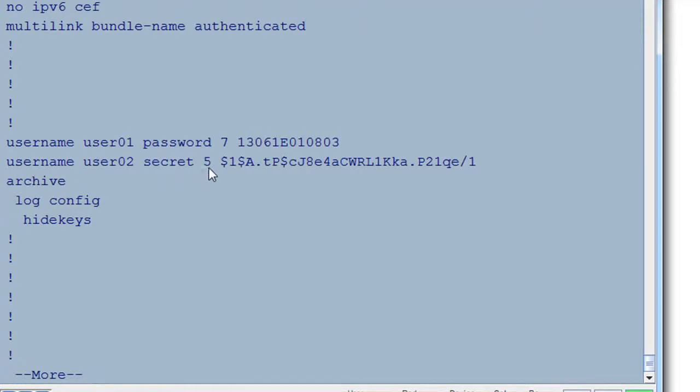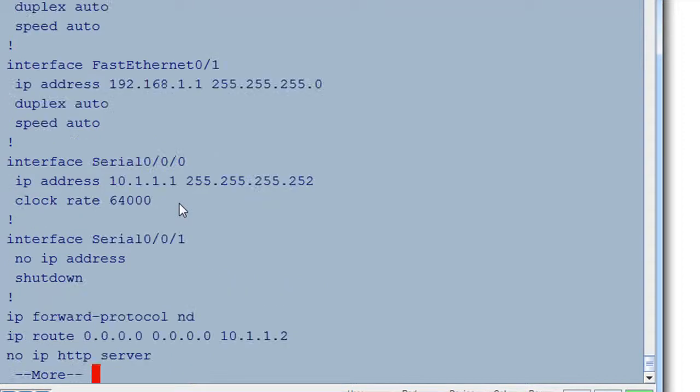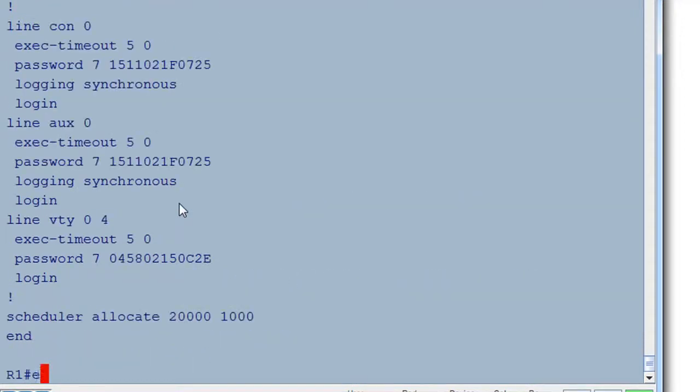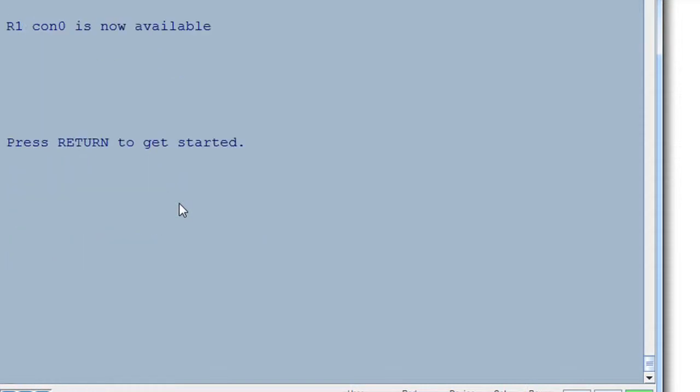secret, MD5 encrypted. And notice the encryption is longer. It also has special characters, capital letters, lowercase letters, and numbers. Much stronger form of encryption. So this would be preferable for your users, your passwords for your users. So, all right. Now, right now, when we exit out of the router, right, and get back into the router,